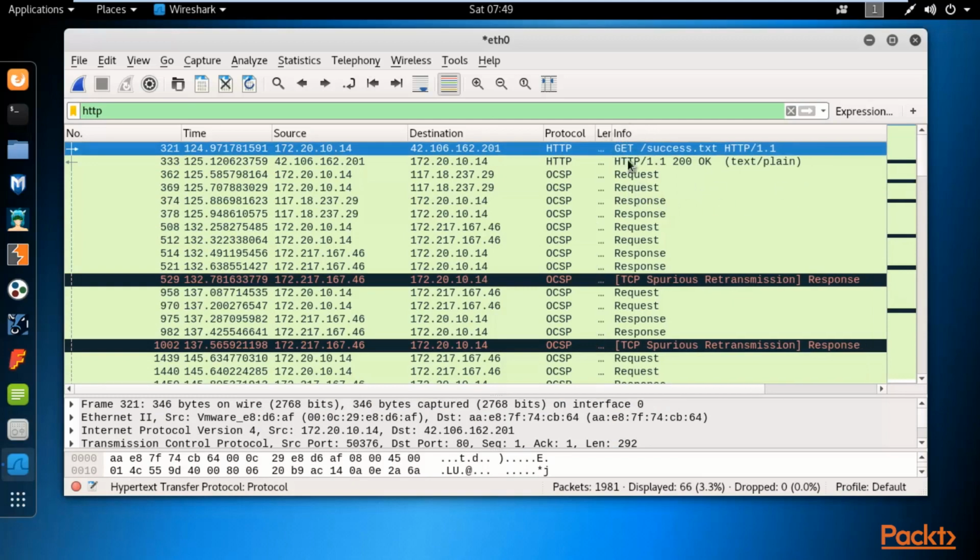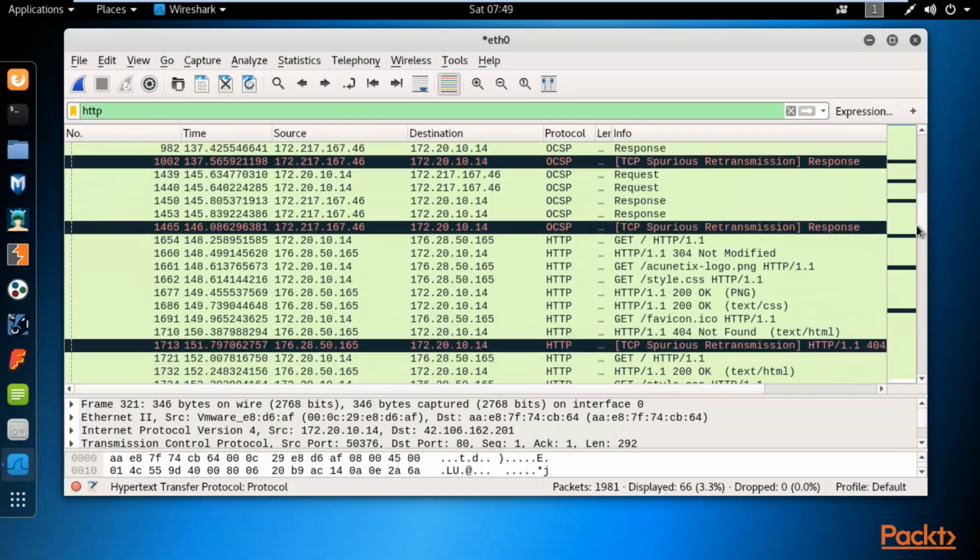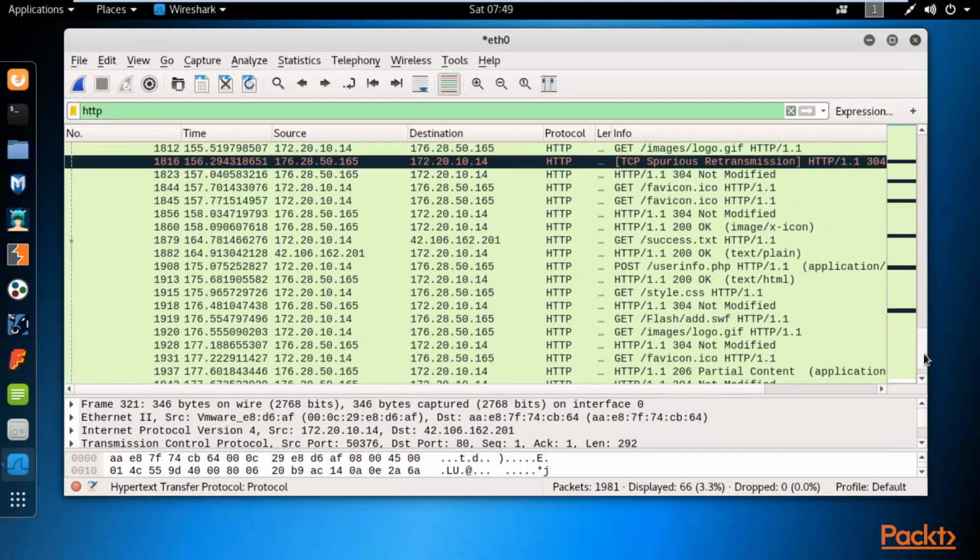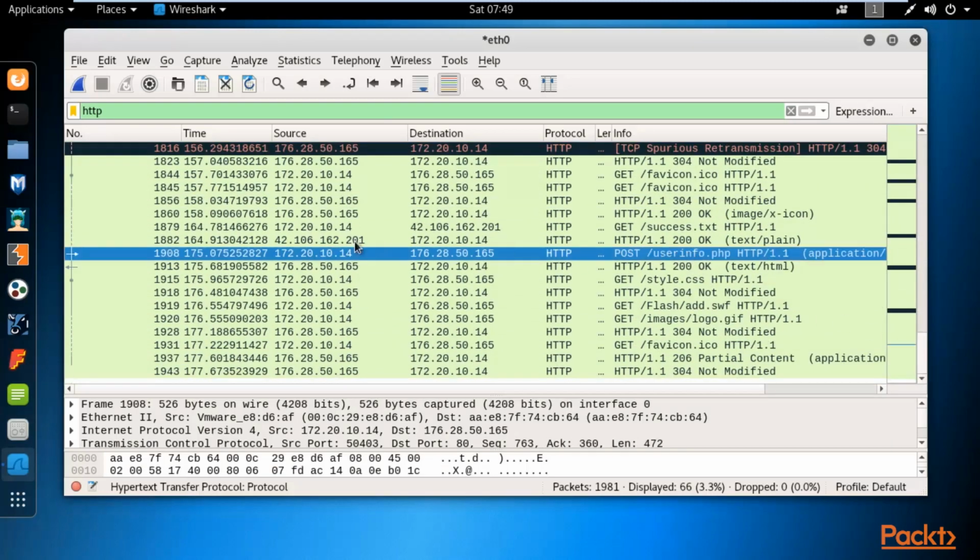We need to look at the info part, and inside the info part find which one is useful. I'm basically choosing the packets which are using the POST method, right? Here I can find this packet using the POST method, and it is written inside the info part.